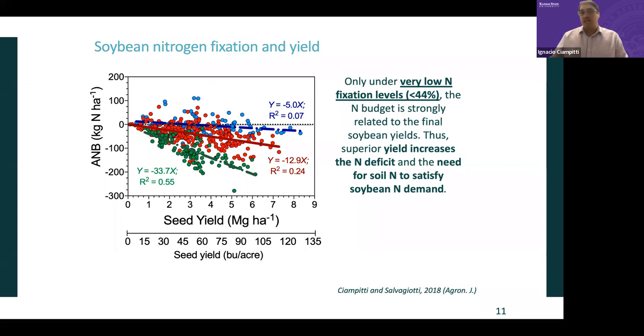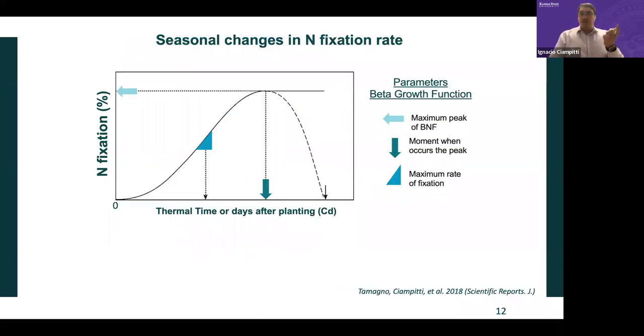And we cannot assume that in many situations, if I'm yielding more, the amount of nitrogen that I'm leaving behind is very low. So we started looking at and studying the fixation zone. And the main thing that we wanted to understand from the beginning is what is the variability of fixation and how does it change during the growing season.